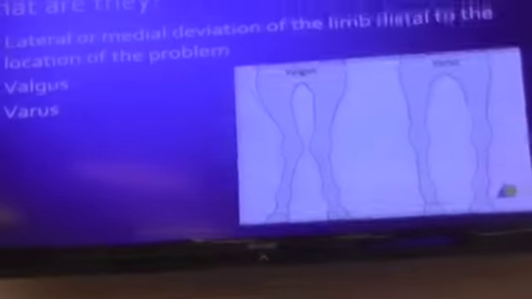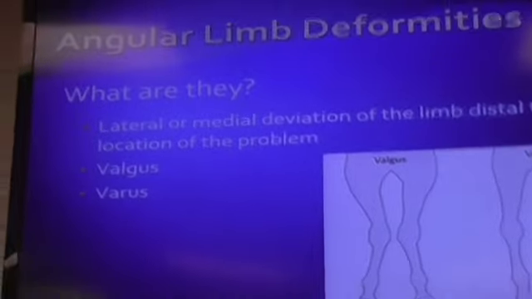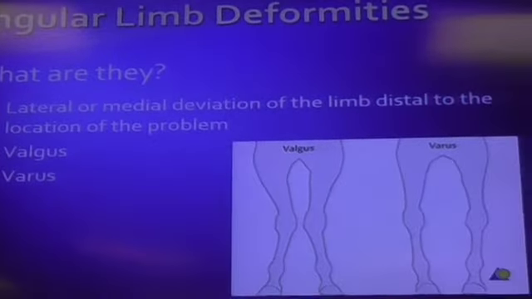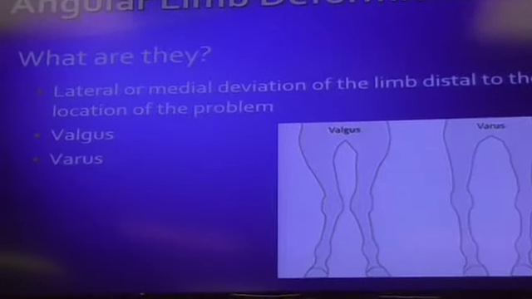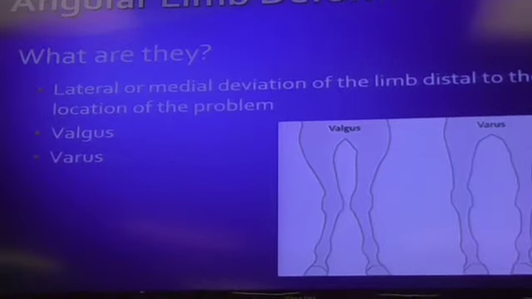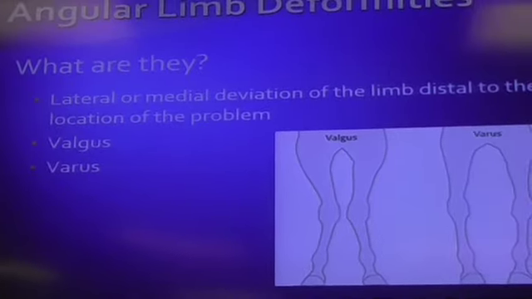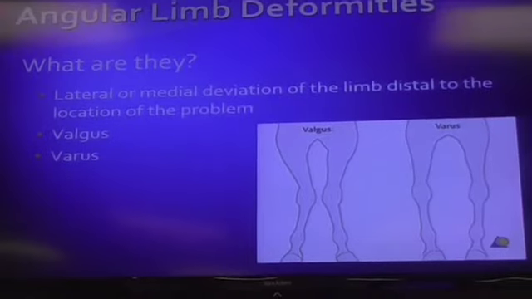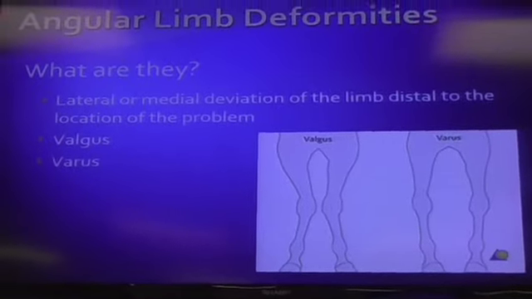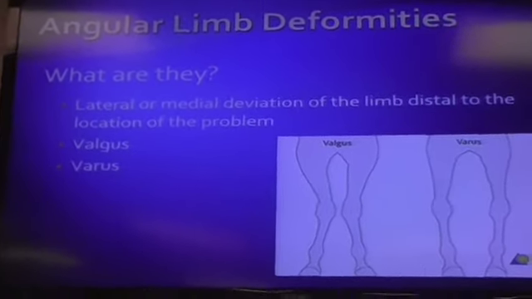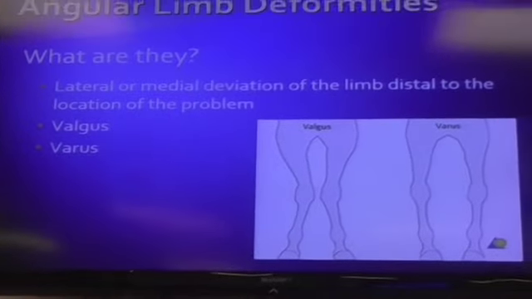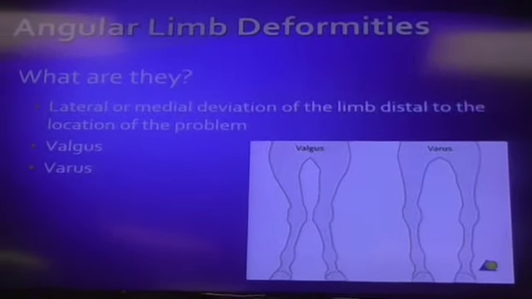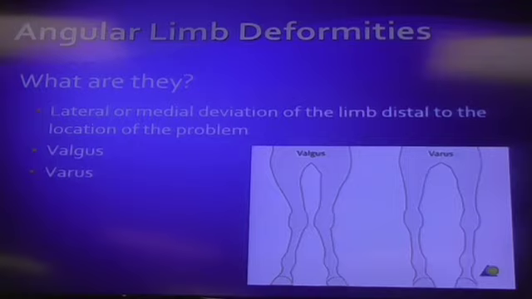So we're going to divide this into angular deformities and then flexural deformities. We're going to start with angular deformities. When I'm talking about angular versus flexural, angular is if you're looking at the horse from the front and you see weird deviations in the medial-lateral, basically. When you talk about flexural deformities, you'll see those from the side, and that's like hyperextension and hyperflexion. So at first, we're going to talk about two major categories: medial or lateral deviations